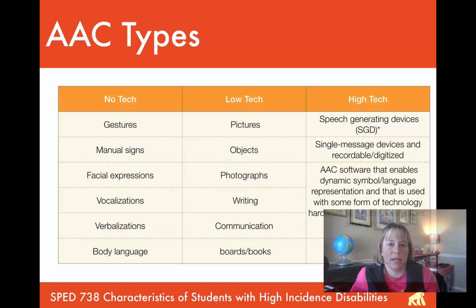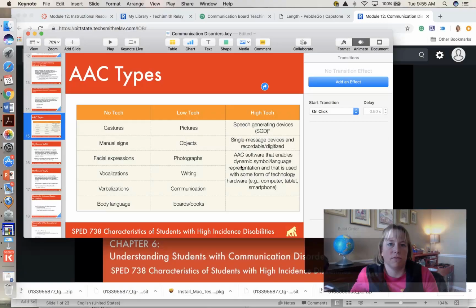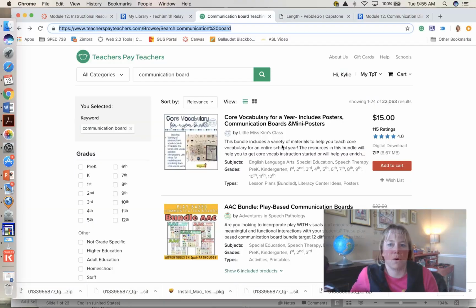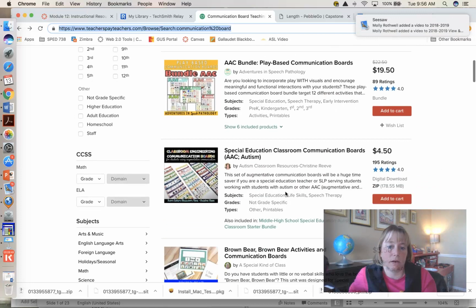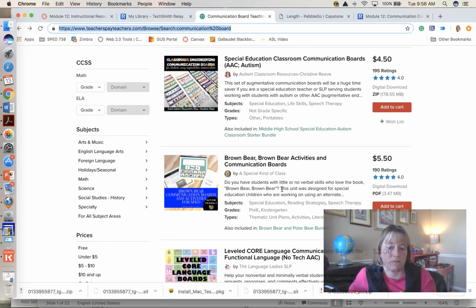One of the other things I want to point out to you is that when we're looking at no-tech or low-tech ideas, we're looking at communication devices and those kinds of things. Communication boards are something that we can use frequently with students, providing them with the icons that they just physically touch to communicate. If you don't have access to something you can use to develop the communication board, one of the things I would suggest is to look at Teachers Pay Teachers, and I have a link to this in our module activities. What you can do here is purchase communication boards for a variety of different things